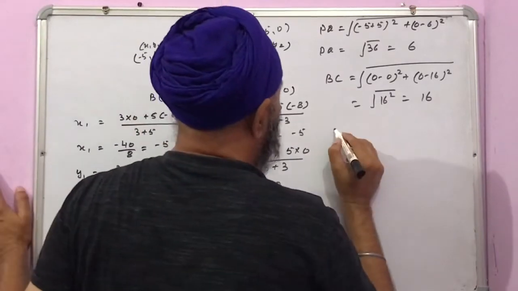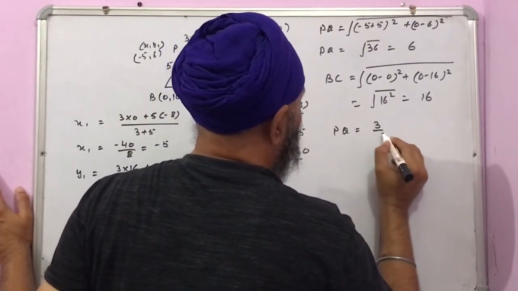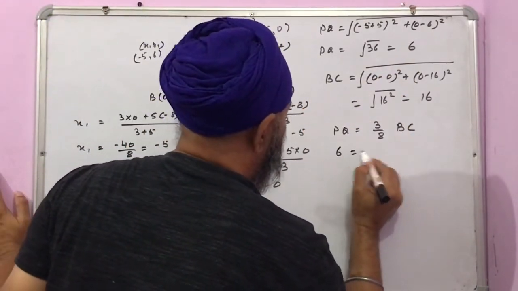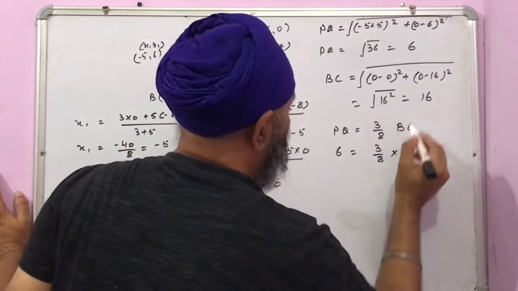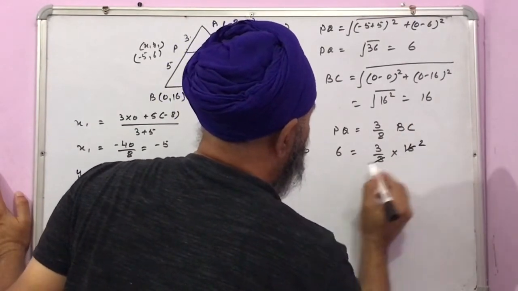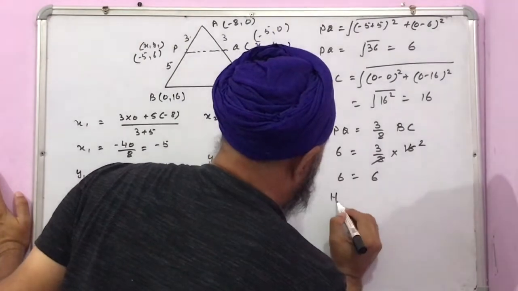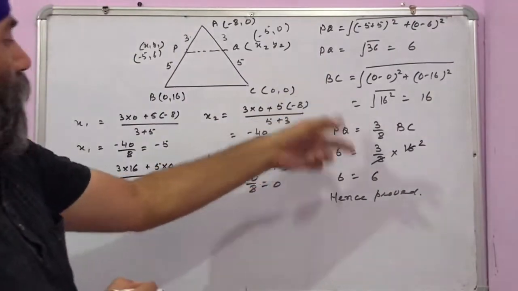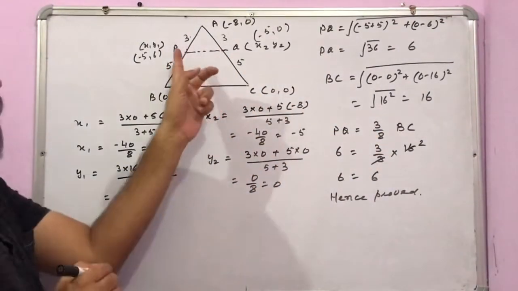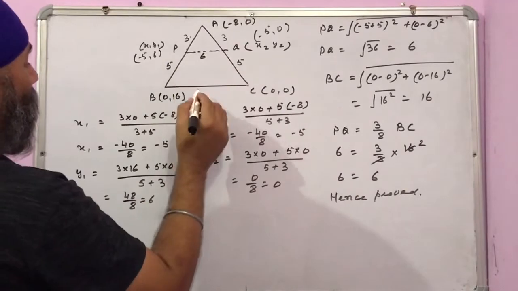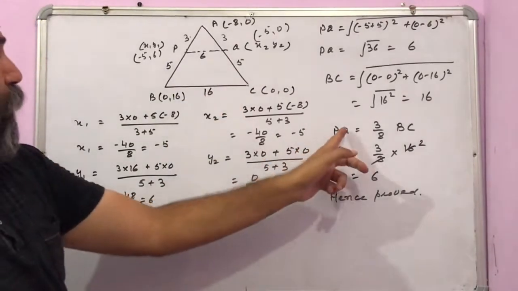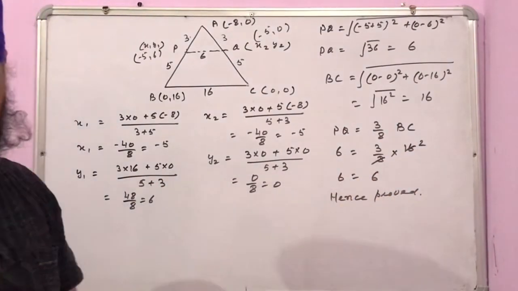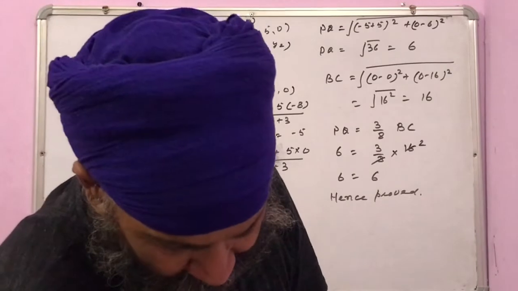Now I have to prove that PQ is 3 by 8 BC. PQ is 6, 3 by 8 into BC, which is 16, 8 into 2 is 16, 6 is equal to 6, hence proved. So by applying distance formula, I find the distance of PQ, that is 6, distance of BC is 16. Then I put the values, PQ 6, BC 16, then both sides are equal. Then I do